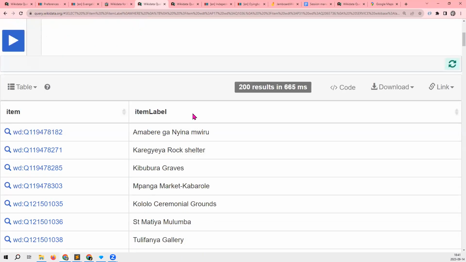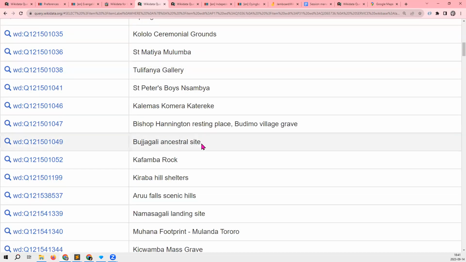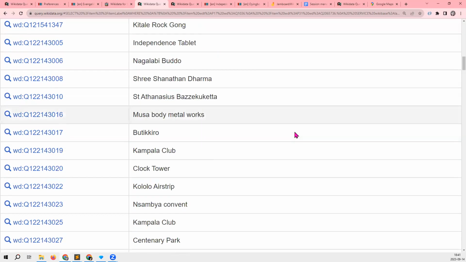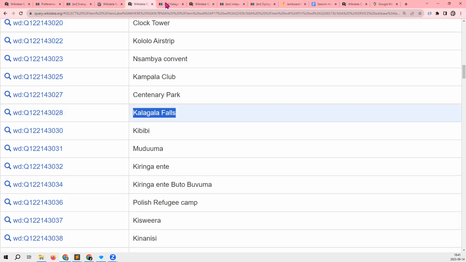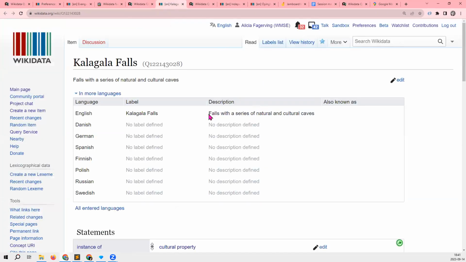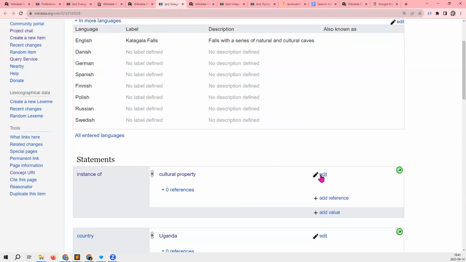So here's a list of items in Uganda that have instance of cultural property. And there is, for example, let's see, I can even see from the description, this is a waterfall of some sort.